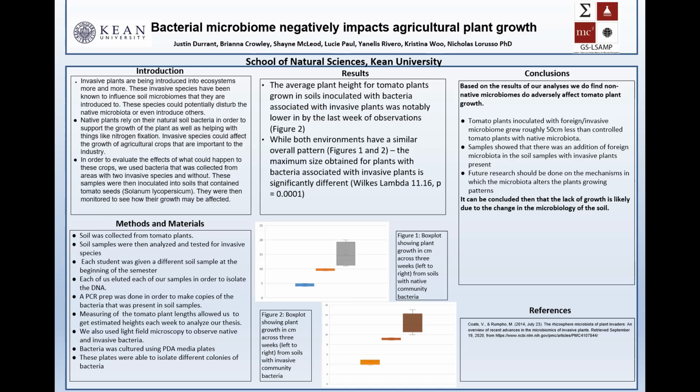In order to evaluate the effects of what could happen to these crops, we used bacteria that was collected from areas with two invasive species, and we collected ones from areas without. These samples were then inoculated into soil that contained tomato seeds, and they were then monitored to see how that affected their growth. So, a summary of that is that soil is a complex community